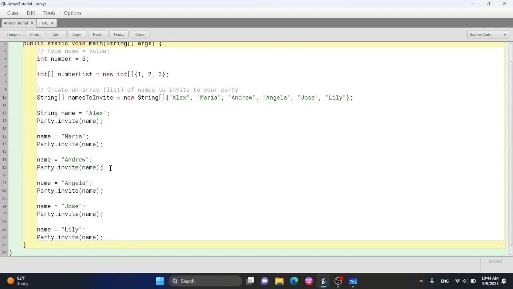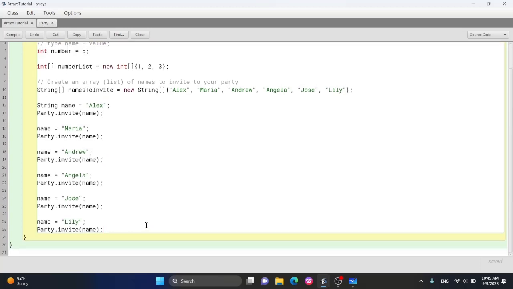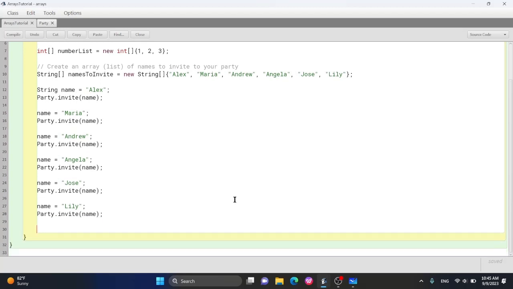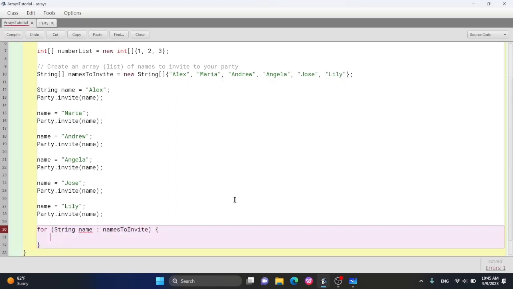Well, Java has this for each loop that executes the same things multiple times. Okay, and I'm going to show you how to write it, and then you can tell me what you think. How do you think this works, right? So let me do this. Let me pull down a little bit, and I'm going to write a for loop. So I'm going to write for string name and names to invite,